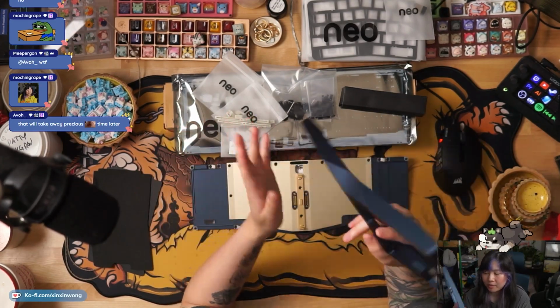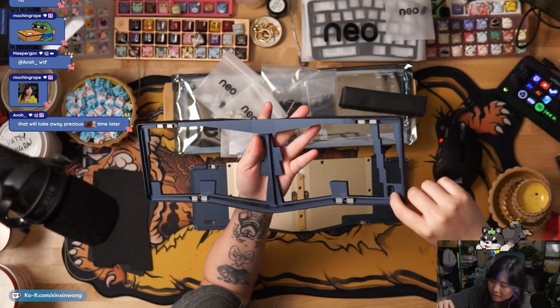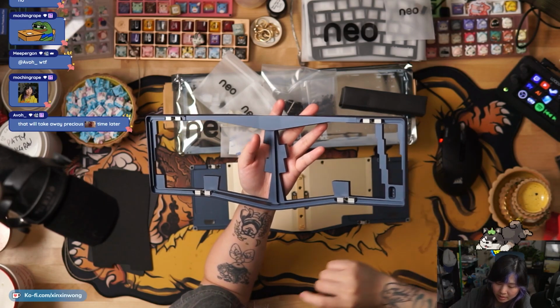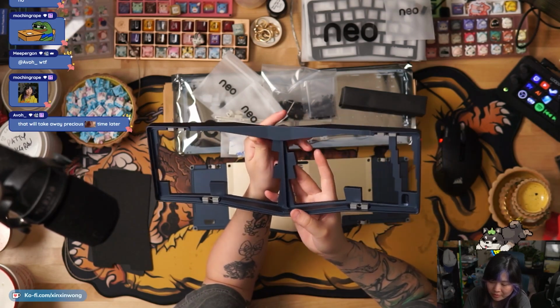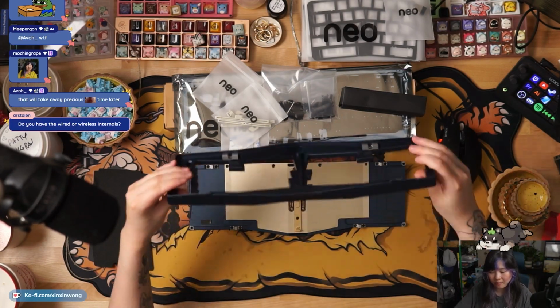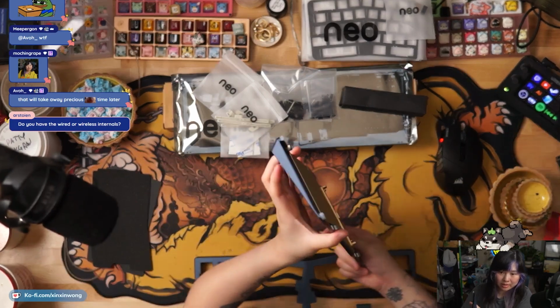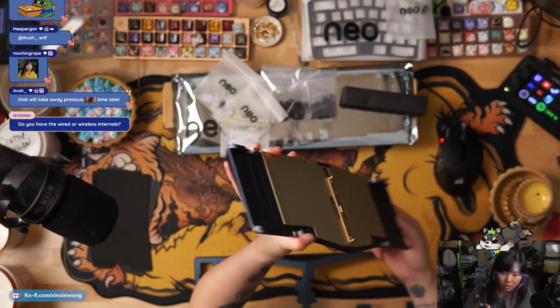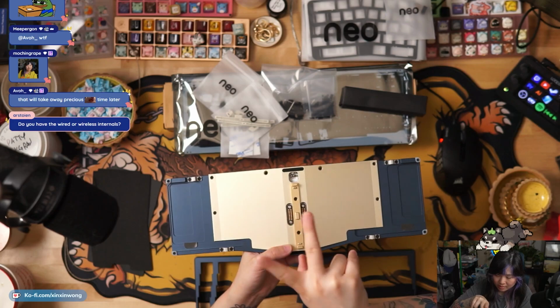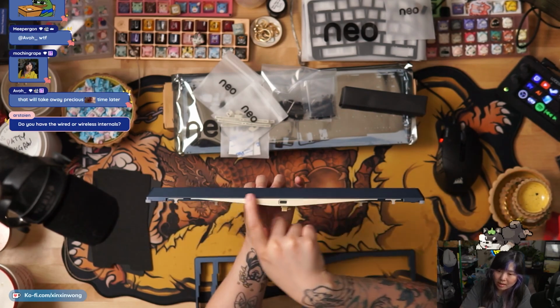So looking at the top case, this would be the ball catch mechanics. Here are the indicator cutouts. Top case is pretty straightforward, I would say. All the walls from the board come from the top piece, whereas the bottom piece is a bit more open. You can see there are no tall walls. To get the, I guess, quote, tent part, it comes from the kernel, which you can see on the outside